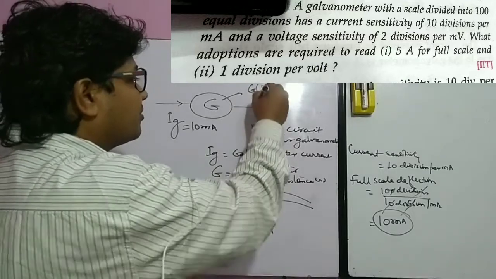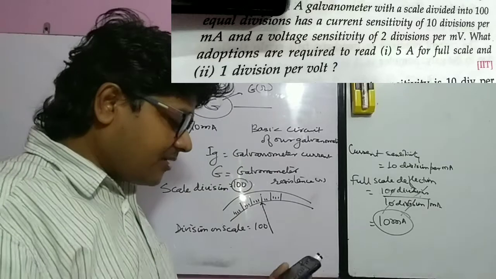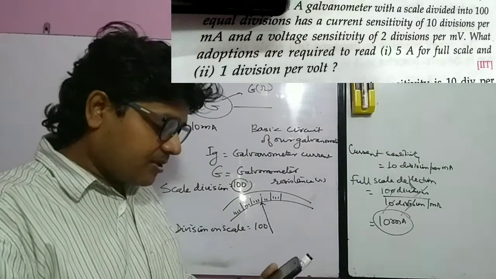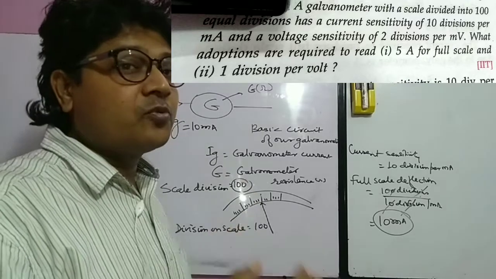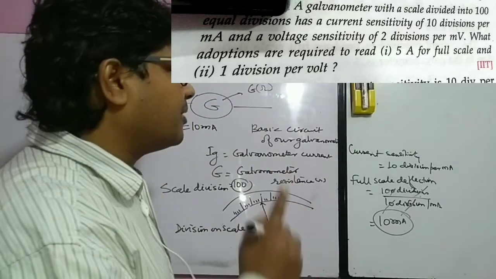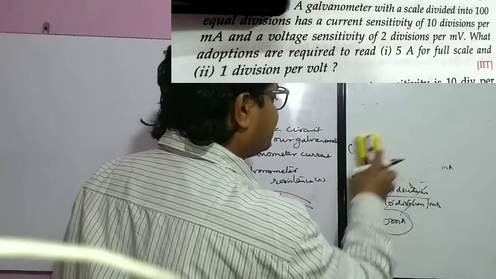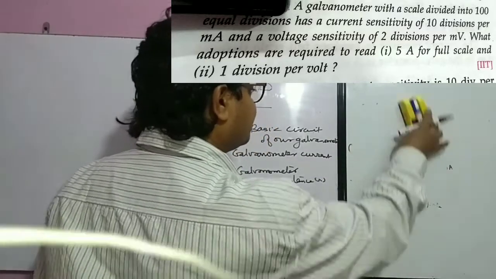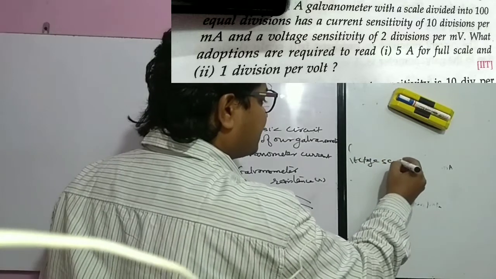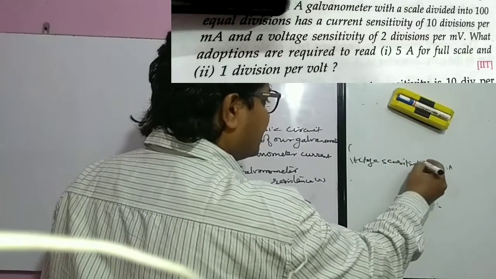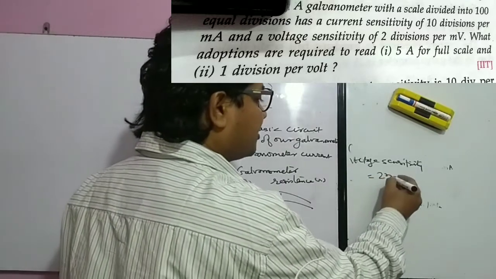So this is in ohm, right? One thing we have calculated. Second, we are told the voltage sensitivity of 2 divisions per millivolt, right? So voltage sensitivity is equal to 2 divisions per millivolt,